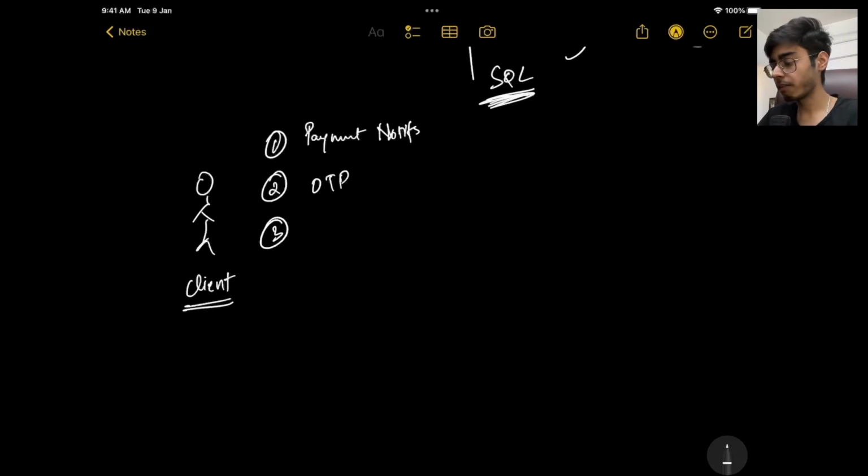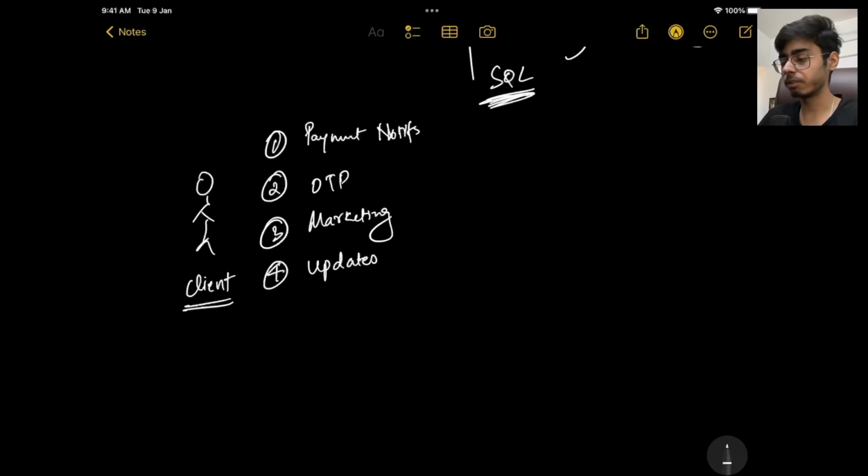Then you might be having marketing campaigns, right? Which nobody is interested to know. Okay, marketing emails and marketing SMS can be there, right? So I think usually these three types of notifications can be there, and one can be like updates or push, like WhatsApp, when someone messaged you, right? So this can still have some delay, like a minute or two. Okay, but OTP and payment notification should be top priority.